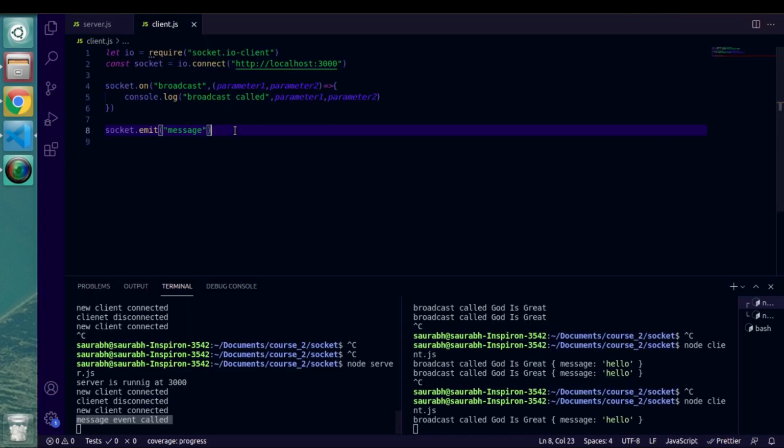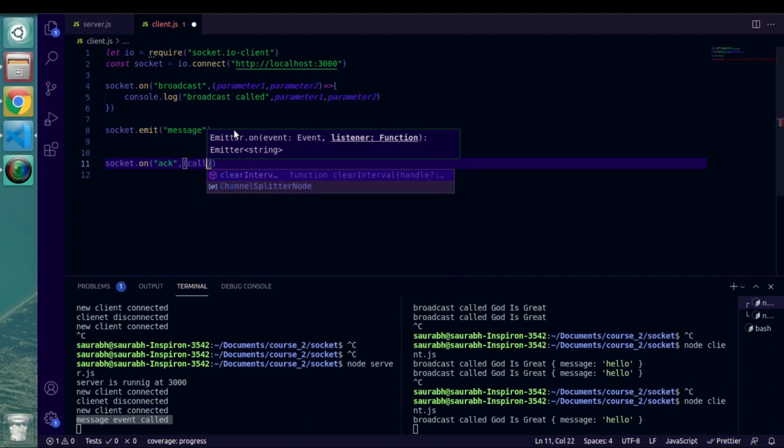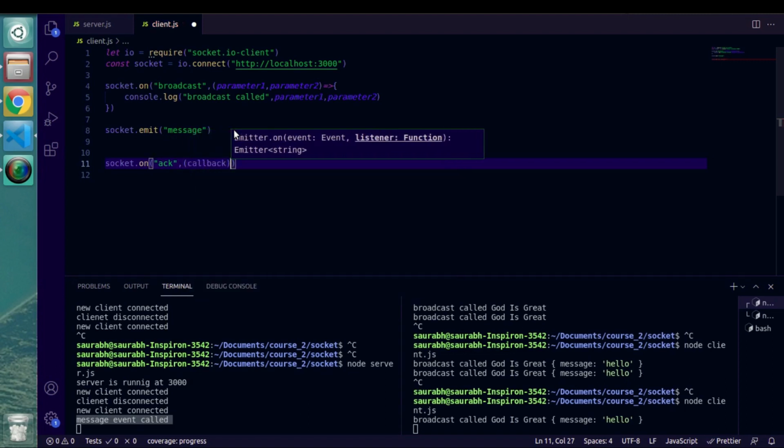So let me put one event, let's say socket.on, and I'm giving it a name ack. Okay, I think that's enough. And I'm expecting a parameter as a callback.